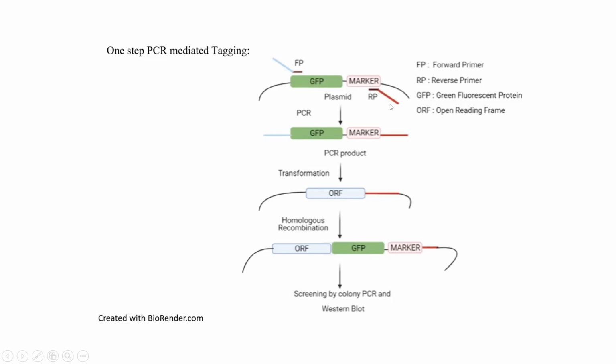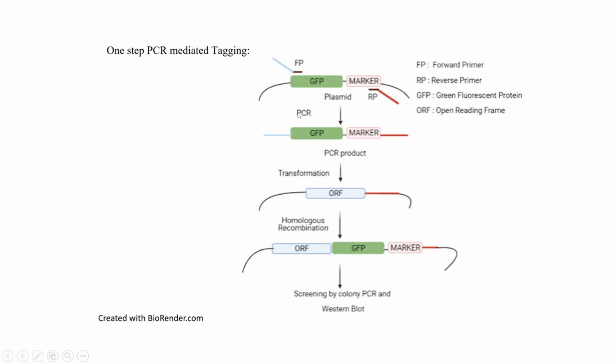which is there should correspond to the region which matches with this ORF and this red color region. So in the original genome, at the C terminal, there is this red color region and the ORF region. If you want to merge this GFP after this ORF region, then in the tail portion, the ORF sequence will be present, which matches with this ORF region. And in the reverse primer tail region, the red color portion should be there, which corresponds to this region of the genome of the organism.